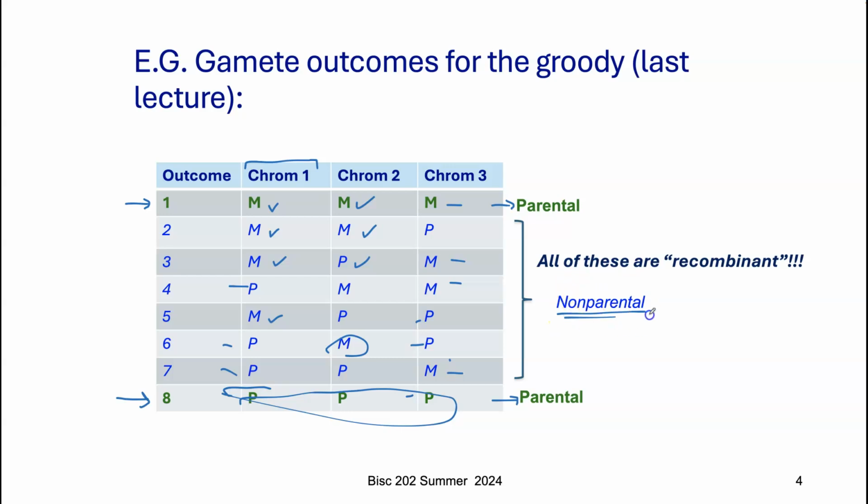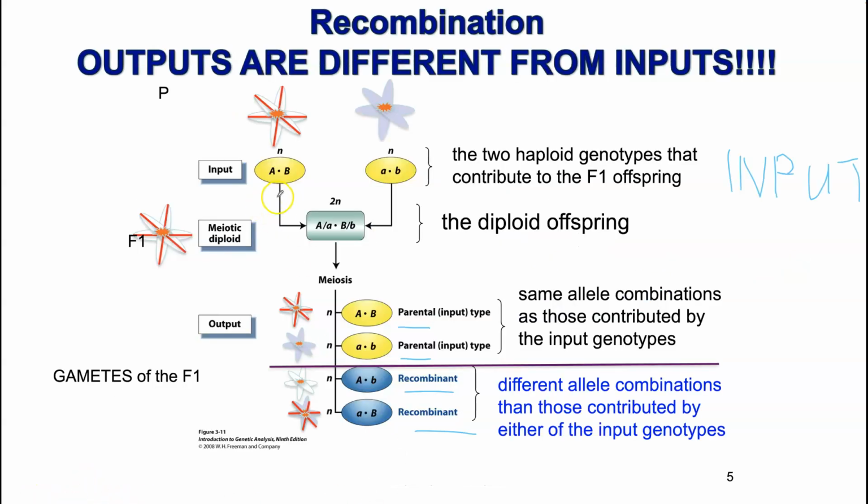So we call them non-parental, but we also call them recombinant. These two terms mean the same thing, and it's just a peculiarity of this field where you sometimes have different ways of referring to the same thing. This is one you're going to have to remember for questions. Okay, so recombination is when the outputs are not the same as the inputs,